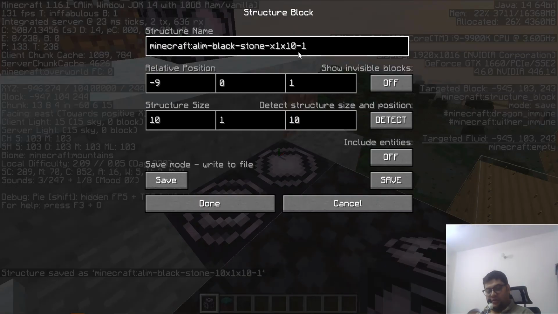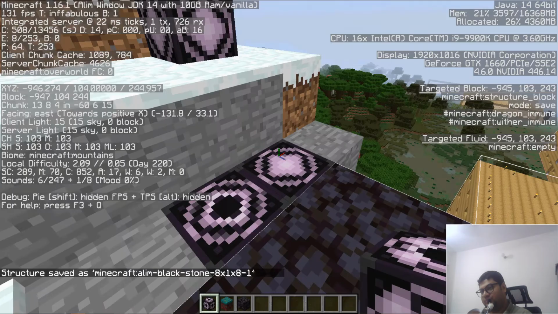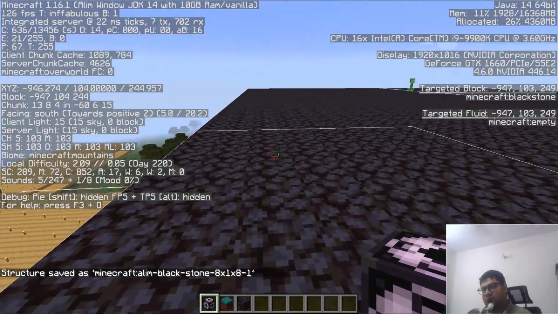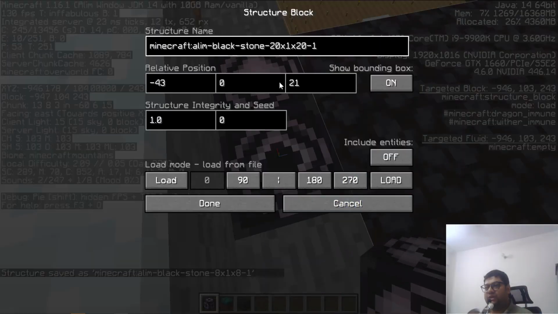And then I do an 8 cross block. These are for helping purposes, so anytime I need this type of stone, I could just take that from the stacks that I have, because I have everything in here. It's just a matter of taking the numbers out. That's it. 8 cross 1. Perfect. Now let's build the house very quickly